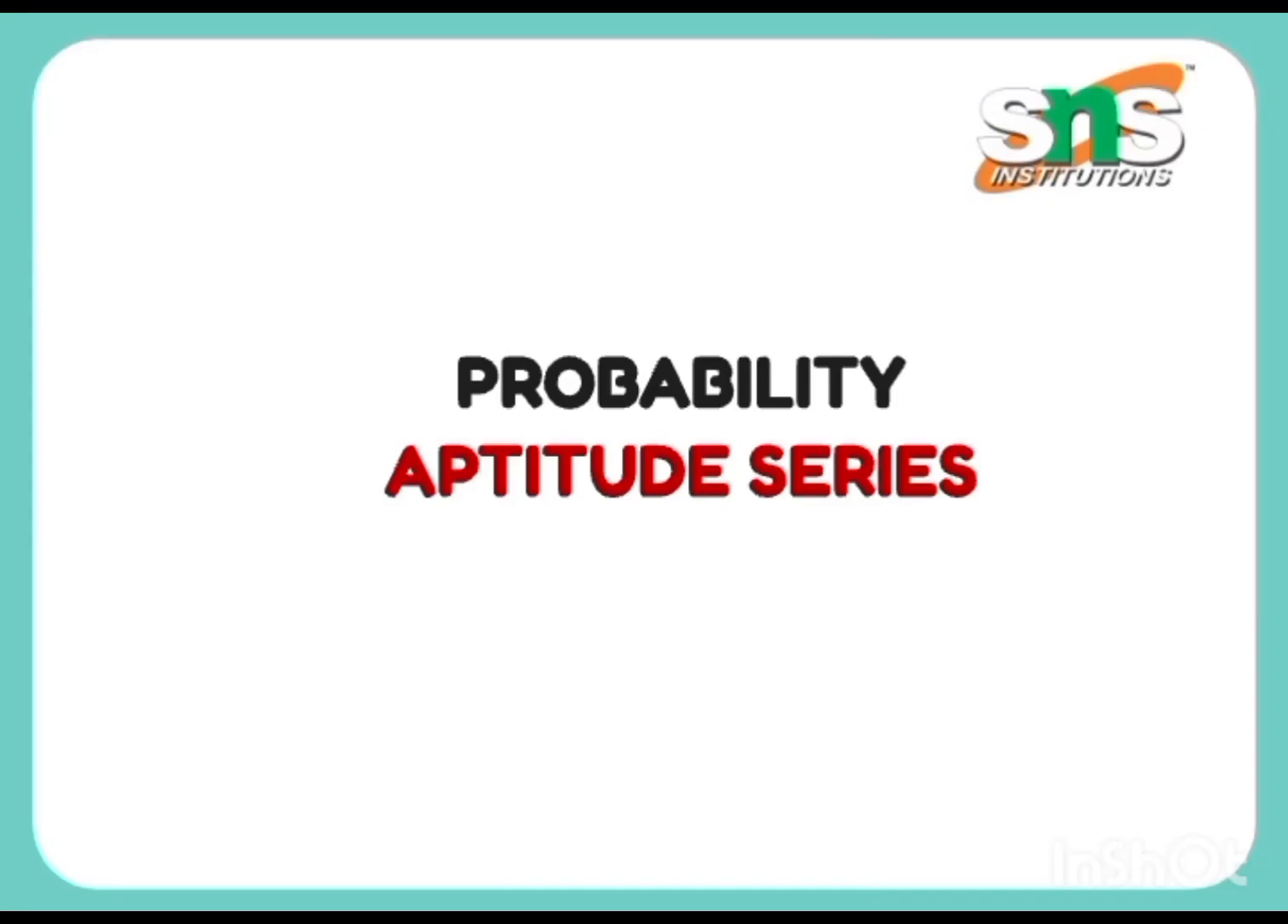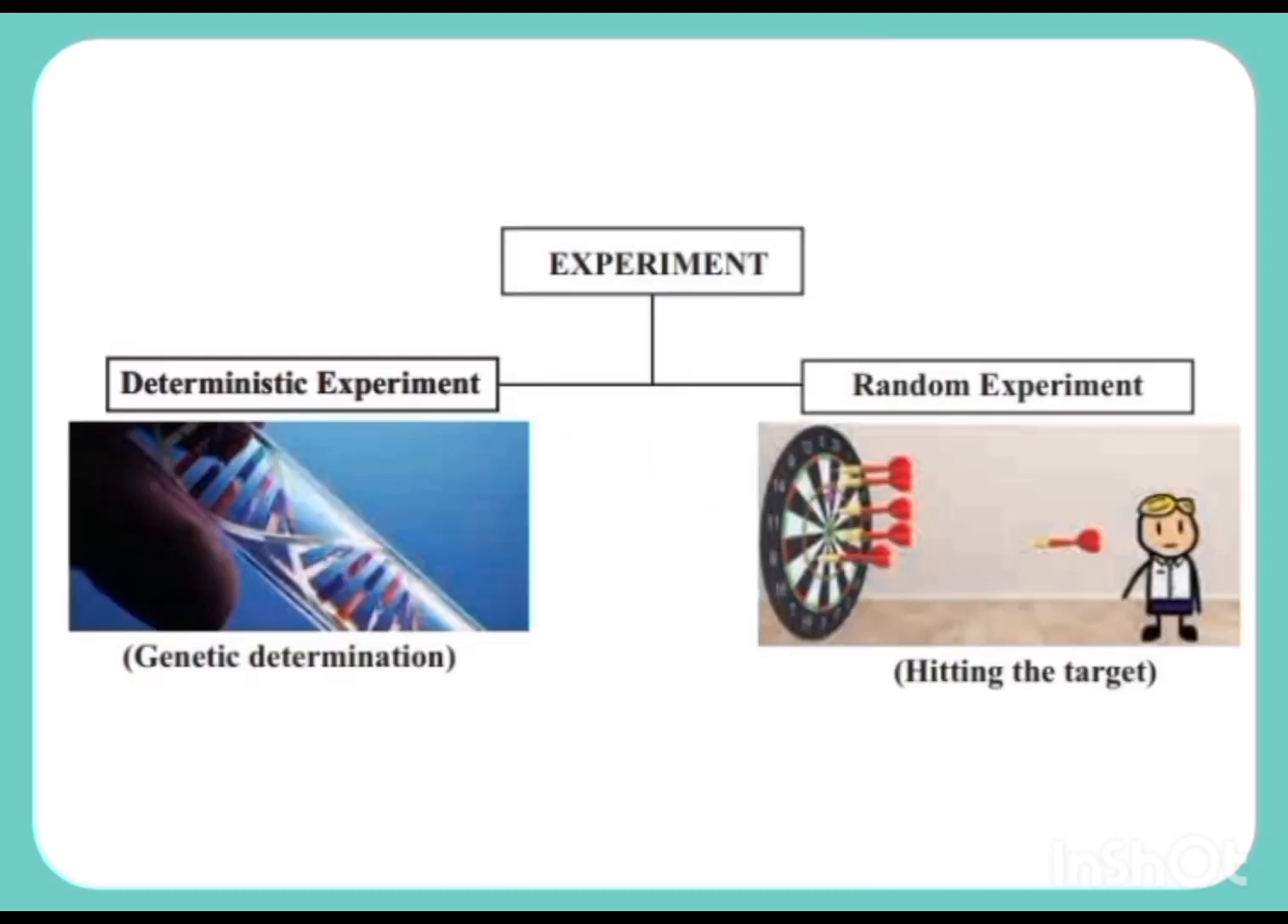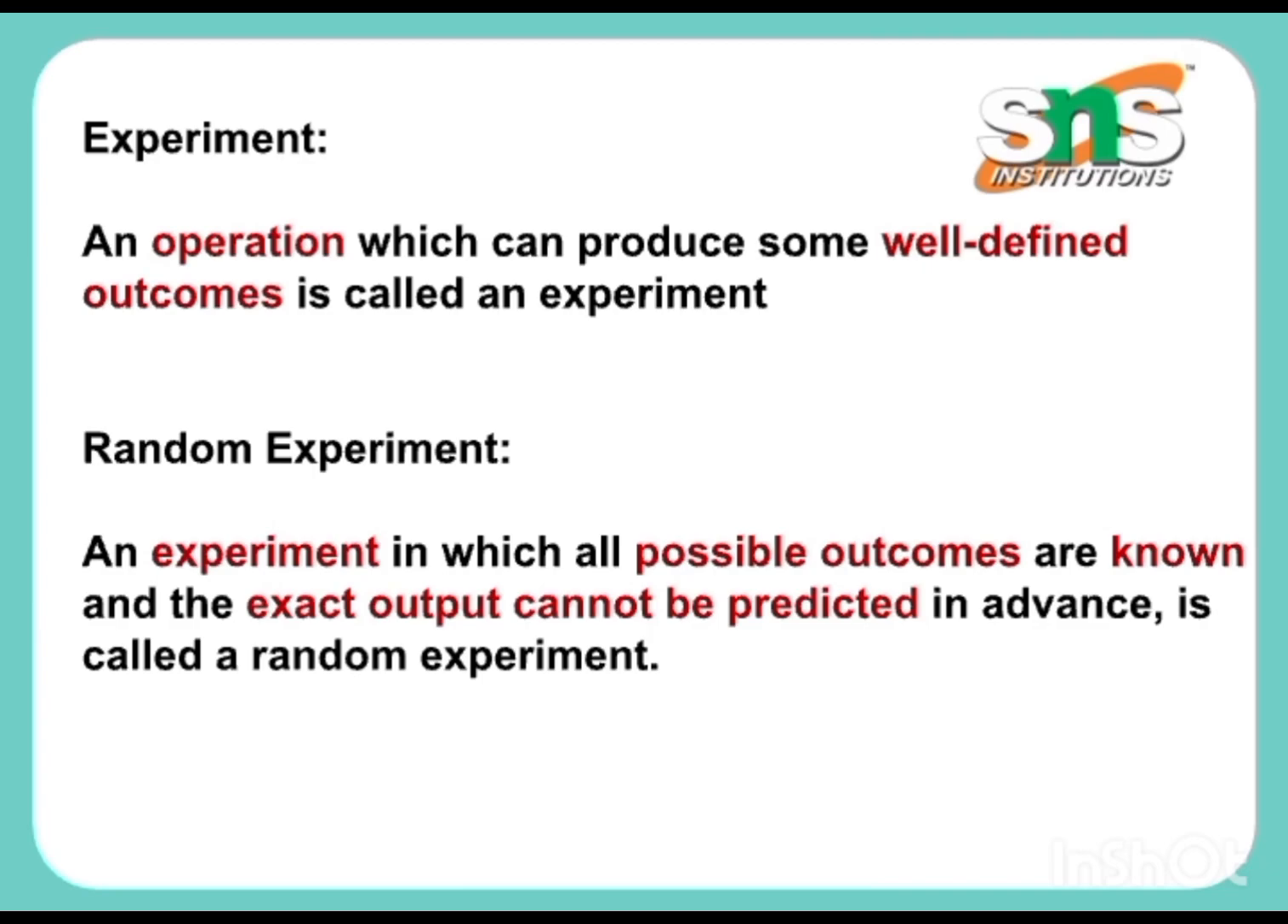Hi students, in the Aptitude series, the next topic we are going to deal with is probability. In probability, the first thing we should learn is experiment. We should know the basic difference between a deterministic experiment and a random experiment. In a deterministic experiment, we know the exact result, whereas in a random experiment, we will not know the result, but we know what all the outcomes we are going to get. So an experiment explains an operation which has well defined outcomes, whereas in a random experiment we know